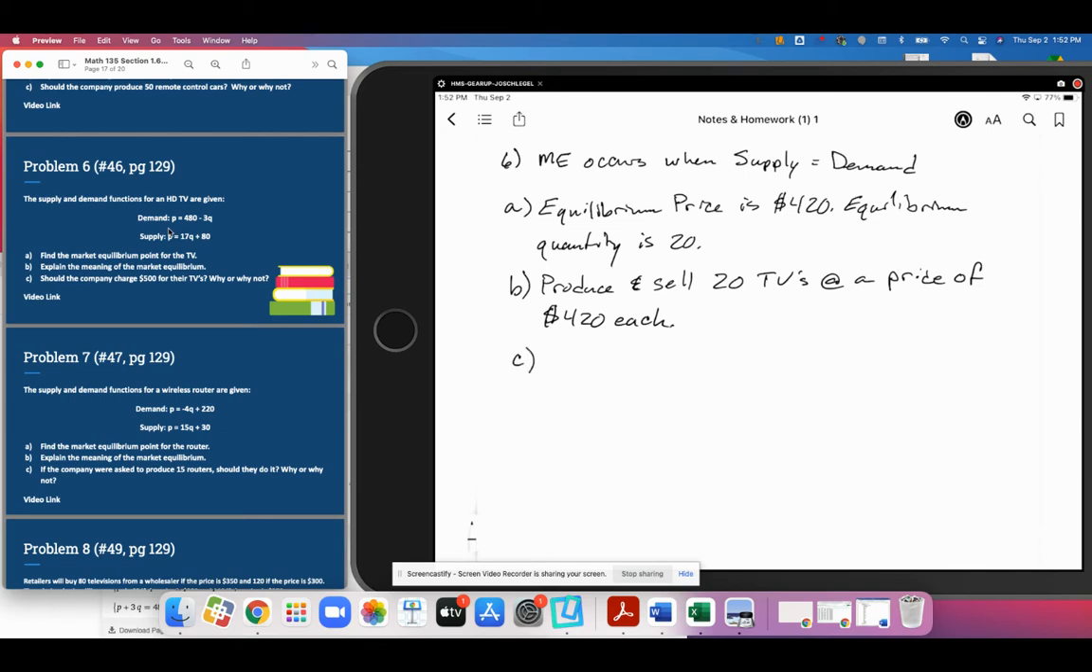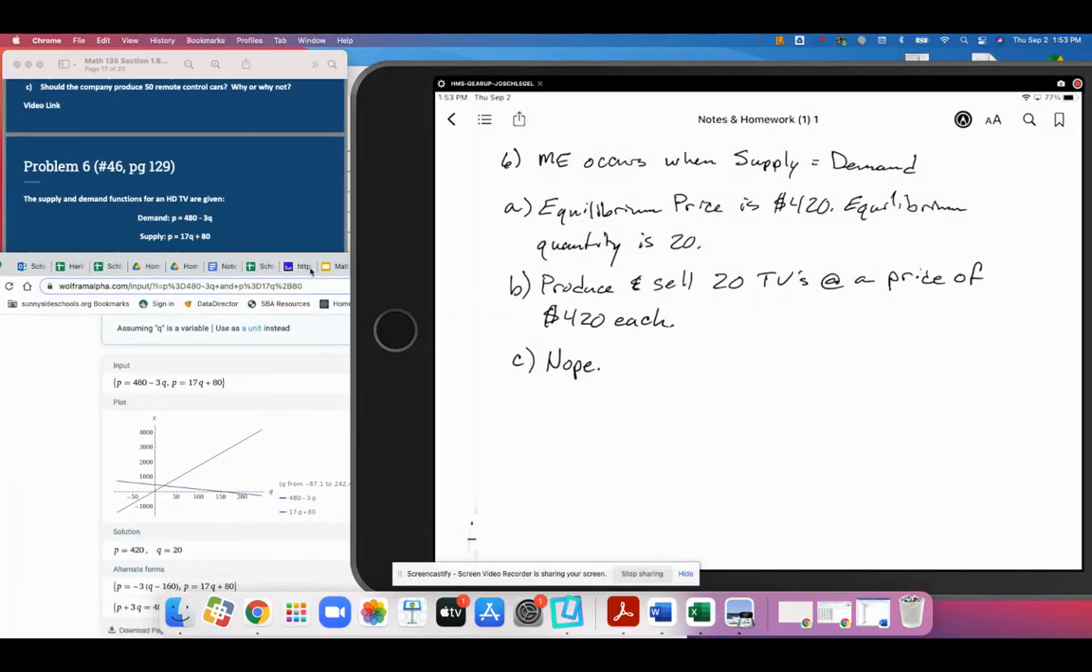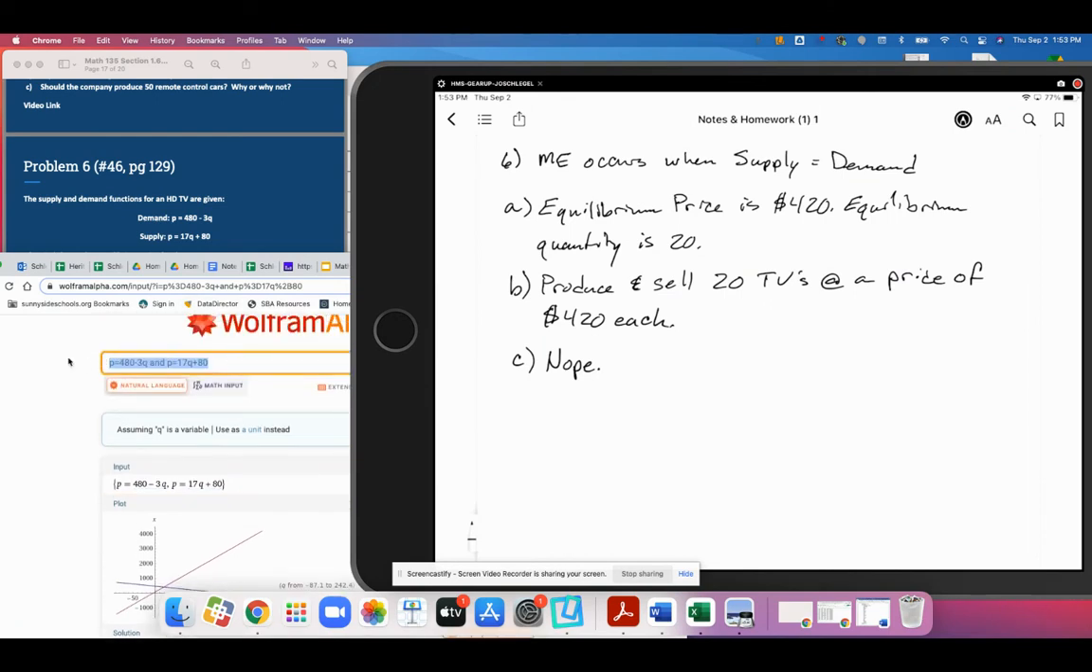So, should the company charge $500 for their TVs, why or why not? And so that question should be pretty simple for us to answer at this point. The answer is nope. Would it be nice to get an extra $80 per TV? Yes. But what would happen if we charged $500 for our TVs? Let's take a look at the demand function if the price went up to 500. So if our price was 500